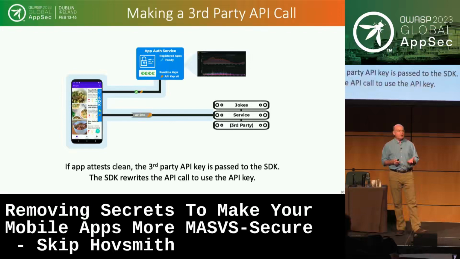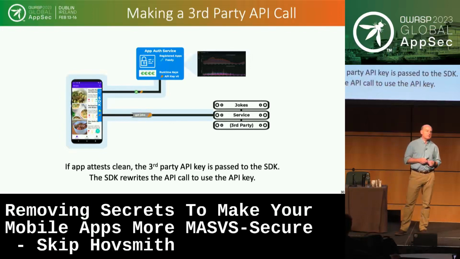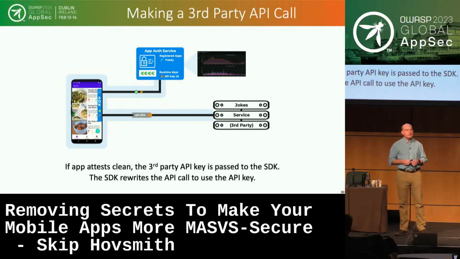But what if you want to make a third-party API call? So rather than having a backend that you control specifically, let's say you want to make a call to Google Maps or something that you don't necessarily control. You're not going through your gateway as a proxy to that service, which is a perfectly viable strategy. But let's say you want to make that call directly.